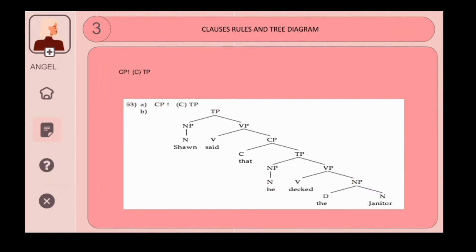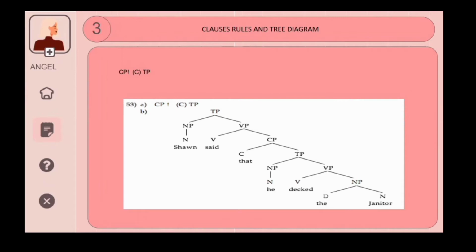So to make it a complementizer phrase, we had "Sean said that he decked the janitor." We use "that" to combine those two clauses. So our tree diagram looks like TP, our tense phrase, is NP, noun Sean, and then the VP, verb phrase, is verb said, and then the CP, or